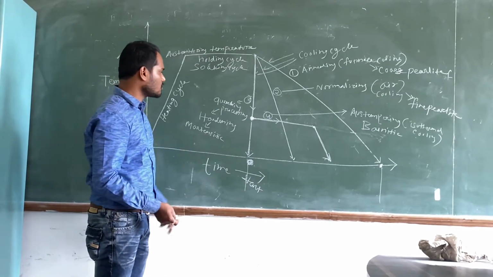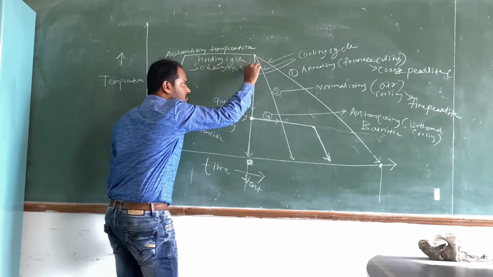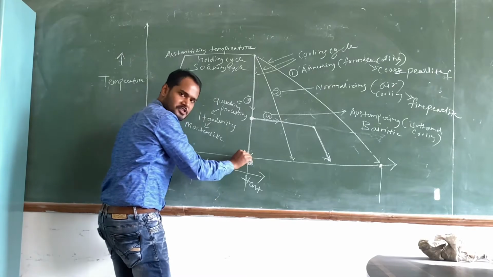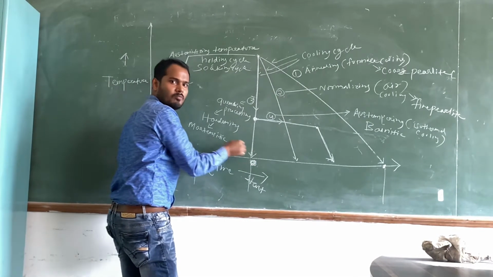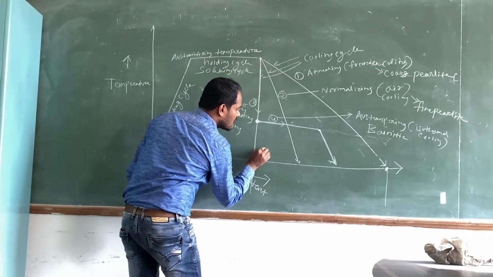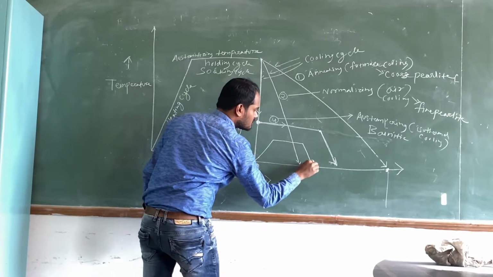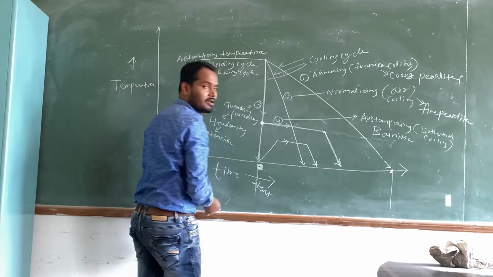treatment. I can show you here. Tempering heat treatment, just look at this one. Tempering heat treatment will start like this. So you do quenching first. You will form what? Martensite. Then you do what? You give some time, then you raise the temperature and cool it like this. So this is the cycle.